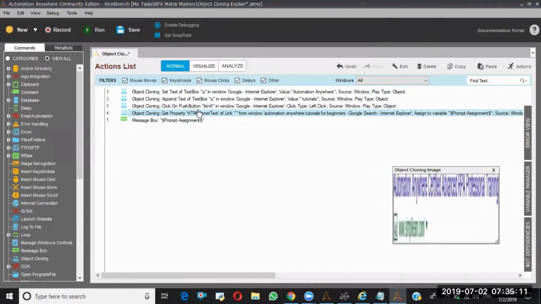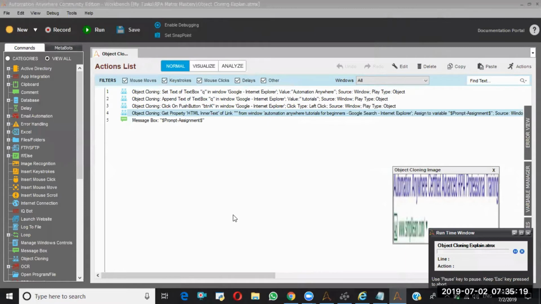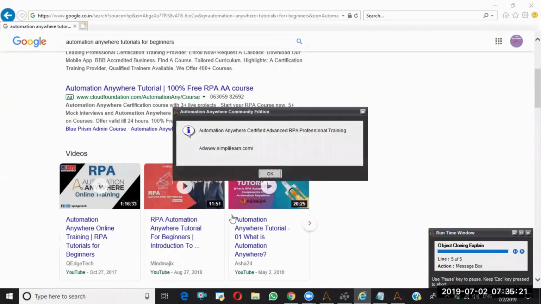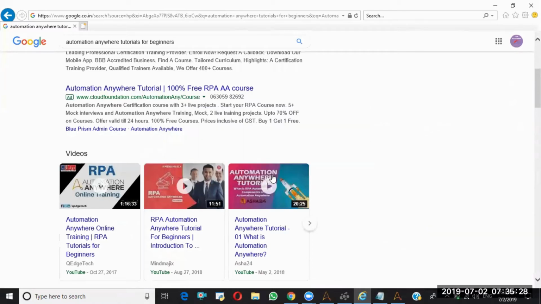Saving this, and I'm going to run this. See, it is giving this particular title and the URL. So like this, you will be able to extract the texts from the screen. This is about extracting the object values or object text from the screen using the object cloning.